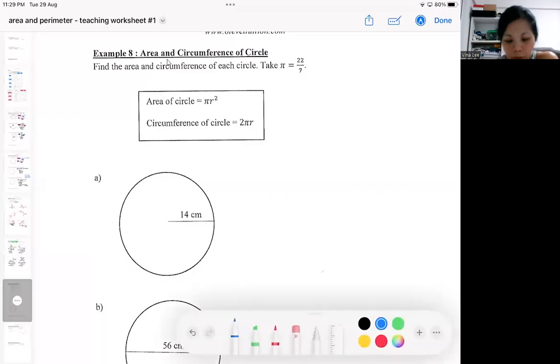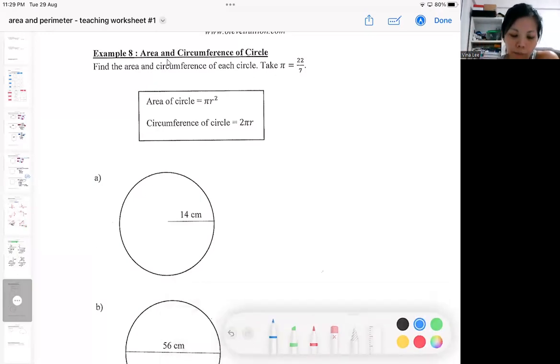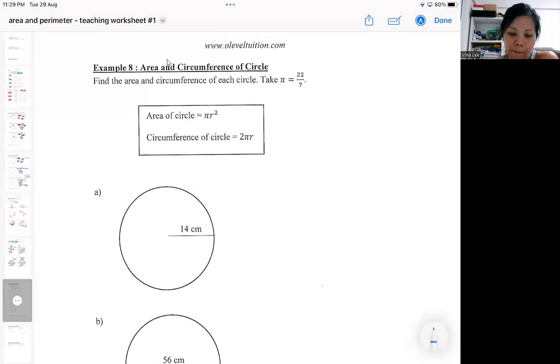So the next shape that we are exploring will be the circle, the area and the circumference of a circle. In primary school, all of you learn that the area of a circle is pi r square. Most of the time you are taking pi as 22/7. But in the O-level standard, pi can be 3.142,